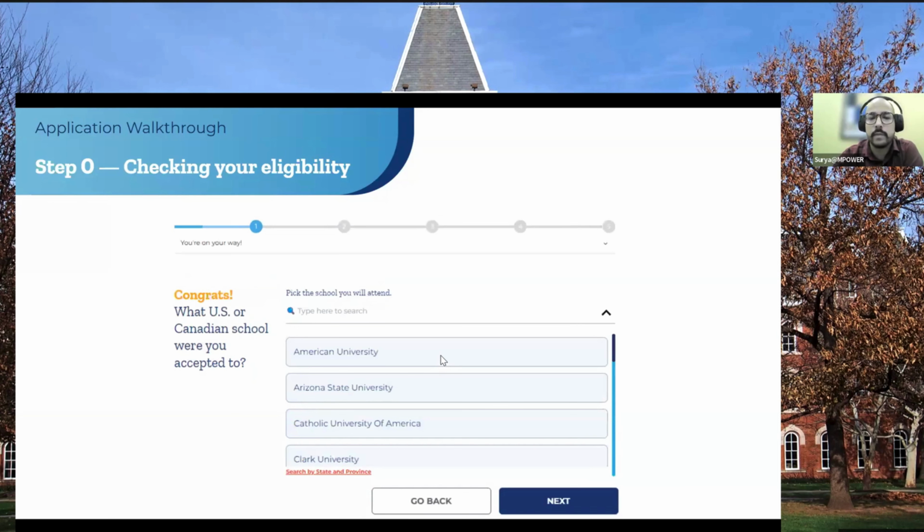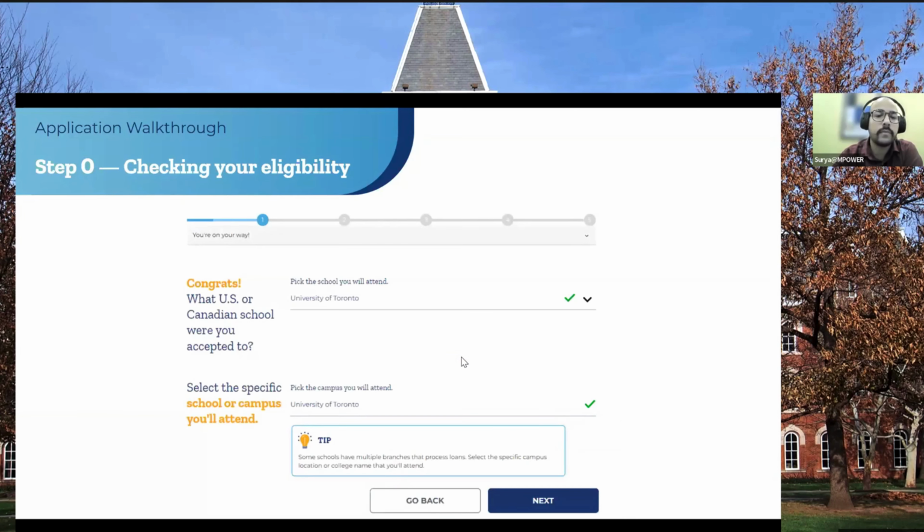we would ask you to provide us with the university that you are planning for. We recommend you type the name of the university and you would be able to see on the drop down whether you are a part of an eligible school or not. Now, once you have provided that detail, we would like to understand the campus you would be attending, because there are certain situations where we may not be supporting all the campuses of that specific university. So you would need to provide us the campus that you are planning to attend so that we are more clear about the eligibility criteria here.